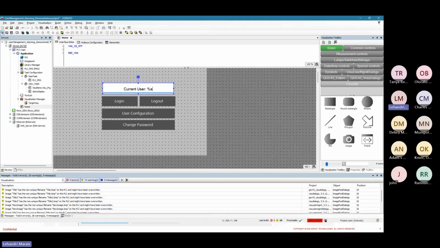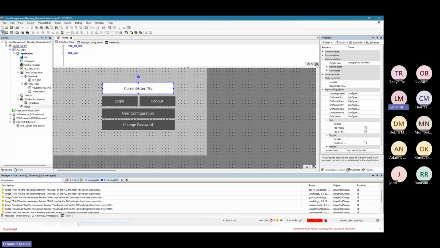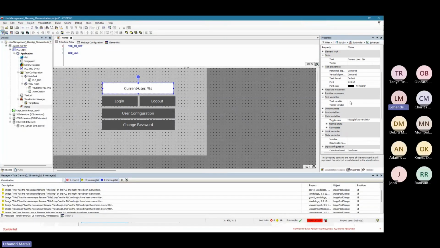So this means that where this percentage is currently, the username will display. But for the username to display, I need to set what variable needs to fill that placeholder. To do this, you go to text variables, and to see the current user, it's a function within